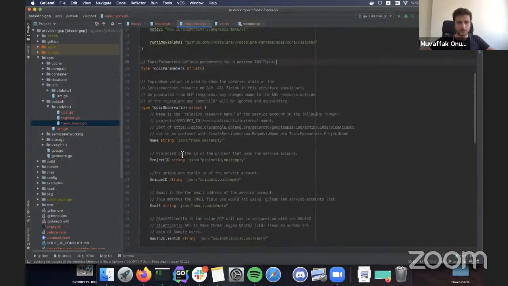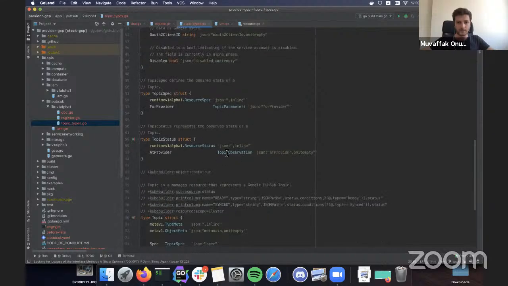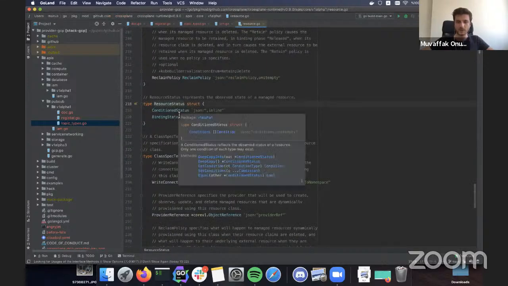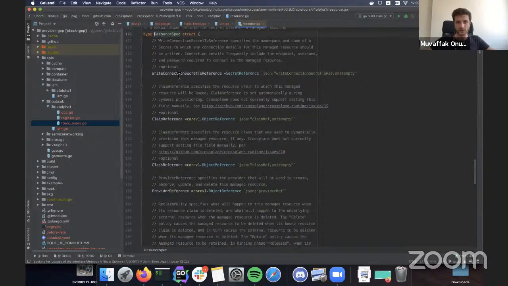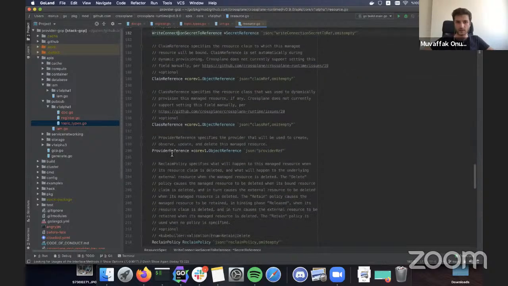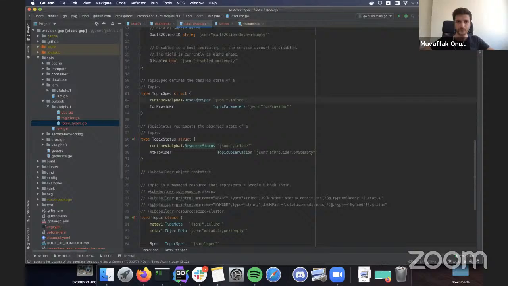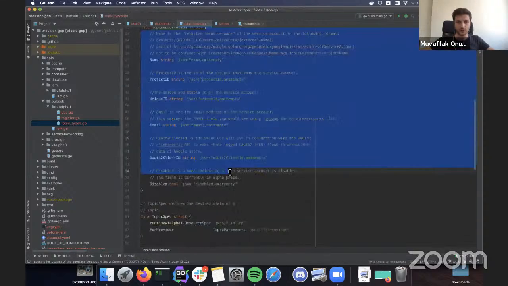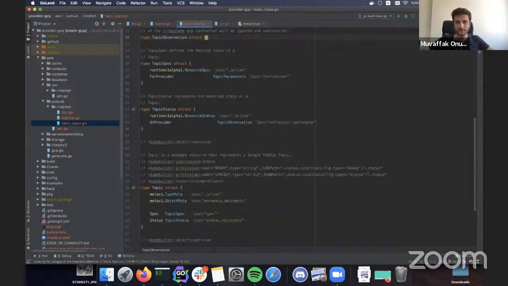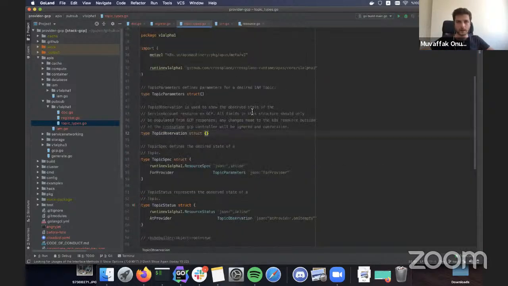Let's say something like this. And we have the observers in the status. We've got, again, the resource status that is standard, which has condition status and binding. In this case, by the way, there was connection secret reference, provider reference, and all that stuff. So for the observation, we also remove all of these.